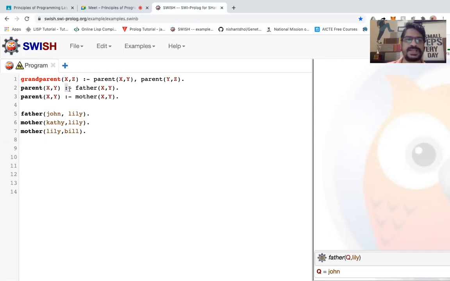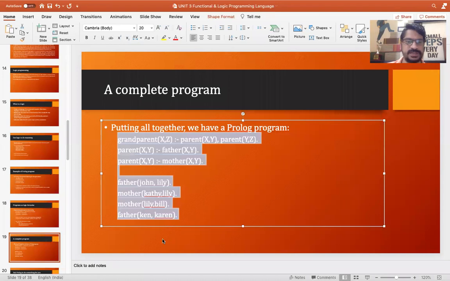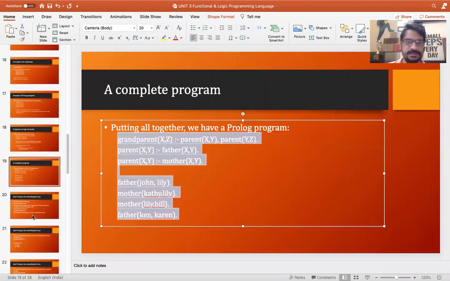Now this statement says if, meaning this is one clause, this is another clause. These two clauses exist, meaning this clause exists if this exists. So X is a parent of Y if X is the father of Y. X is a parent of Y if X is the mother of Y. In that way, we interpret it. So this was the first example that we saw yesterday. Now let's go and try to understand some more examples.